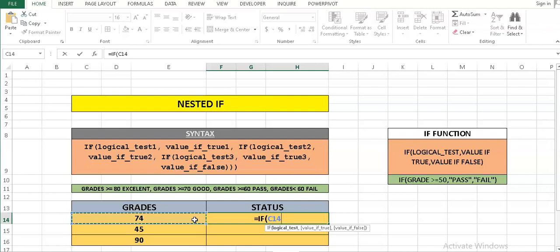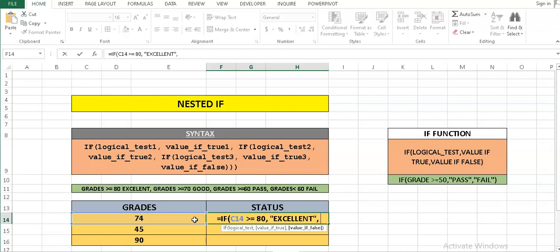C14 is greater than or equal to 80, then what we have to print, we have to print excellent. Then comma,